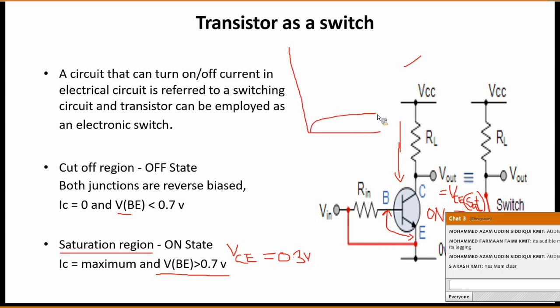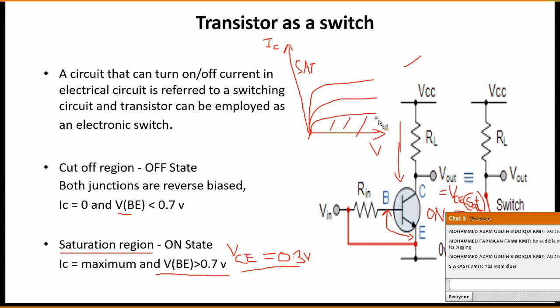Because the transistor is conducting in the common emitter configuration, this is the VCE voltage and this is the IC output current. Saturation means this mode. This is the saturation part. The current will be very high in saturation and the voltage will be very small. That voltage is nothing but VCE sat. Remember this. The transistor output will be very, very low, equal to VCE sat.